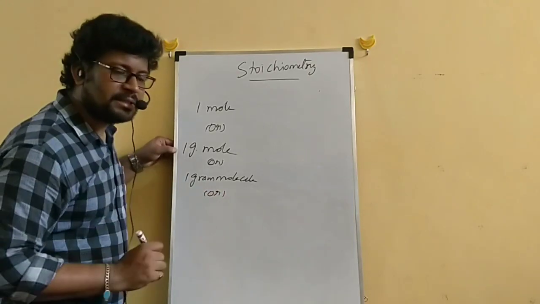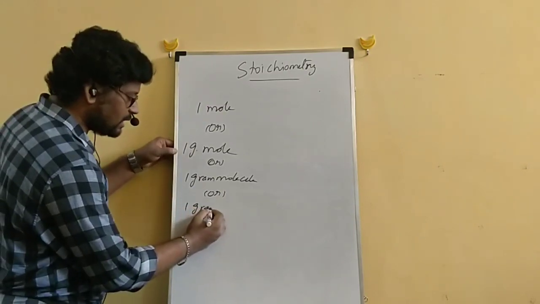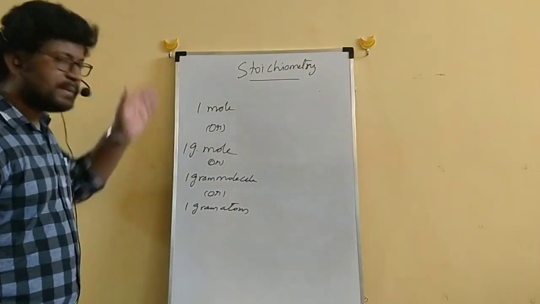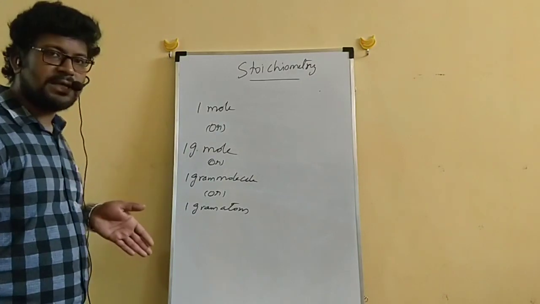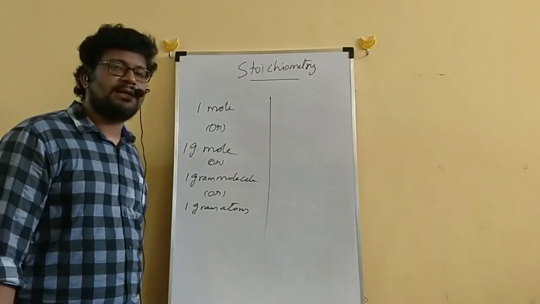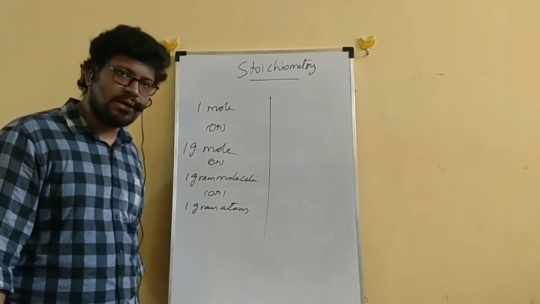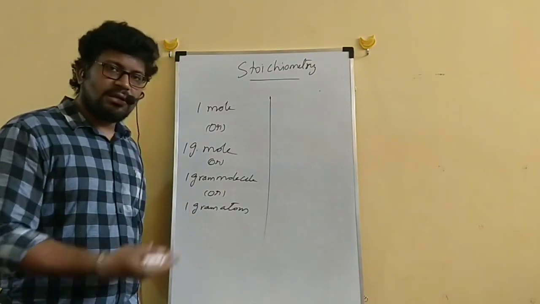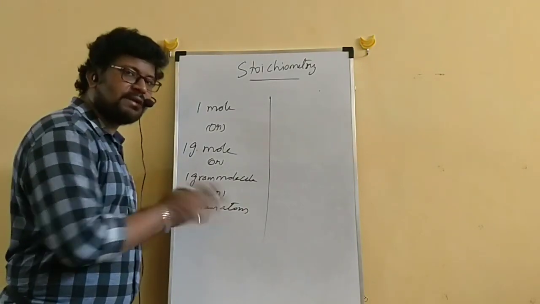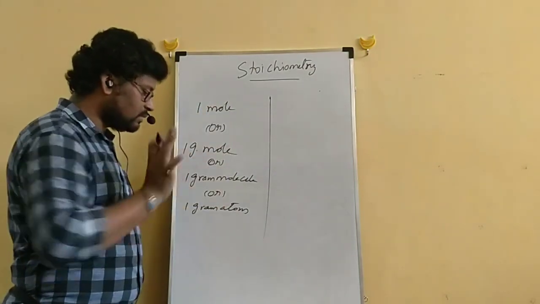If you consider an element, it has atoms. If you take 1 mole of atoms, that is 1 gram atom. So in any representation, they contain 6.023 × 10^23. 1 gram molecule has 6.023 × 10^23 molecules. An element contains 6.023 × 10^23 atoms, that is 1 gram atom. This is the same: 1 mole, 1 gram mole, 1 gram molecule or 1 gram atom.